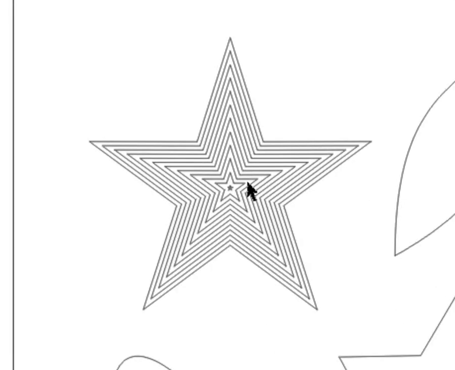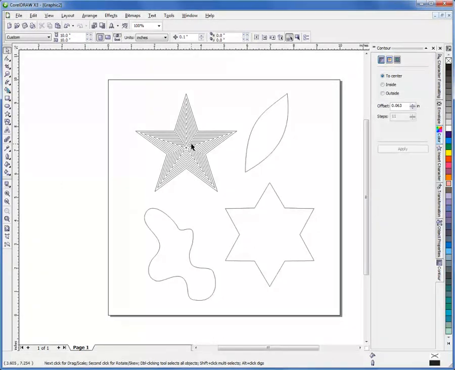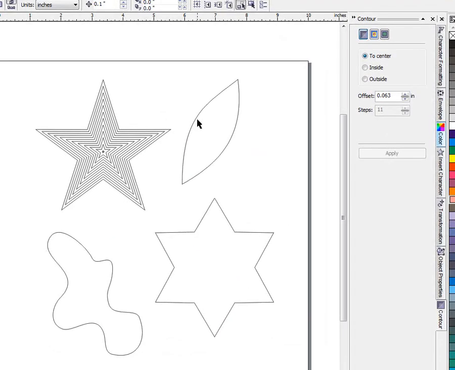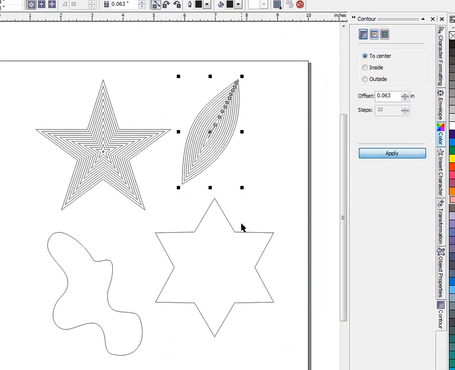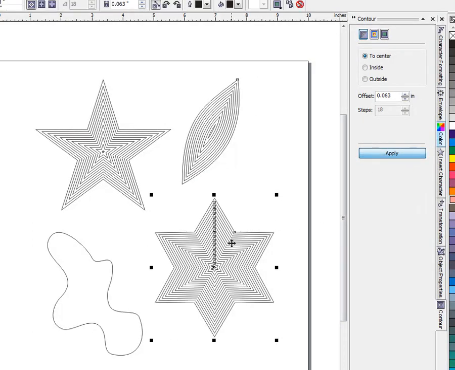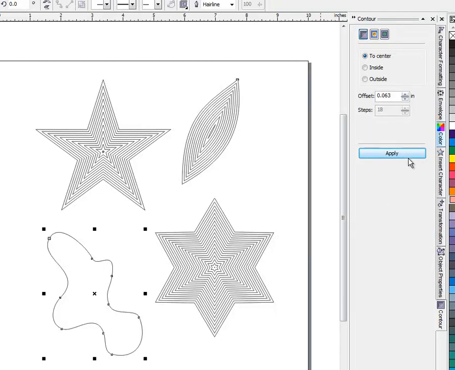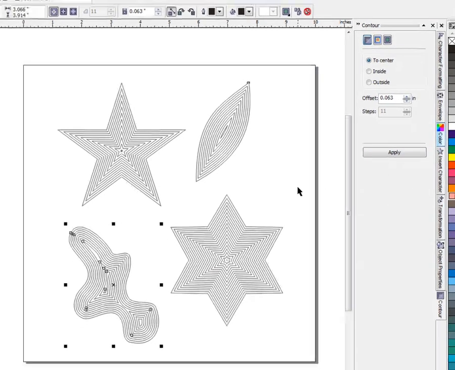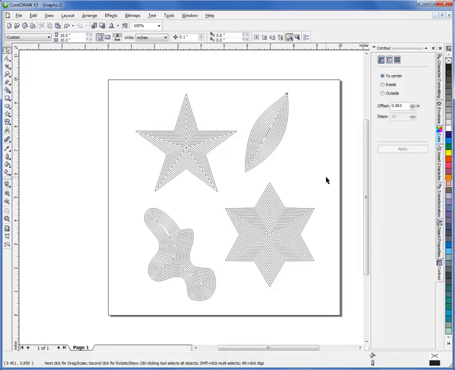As you can see, CorelDRAW has automatically and instantly created all the inset vectors that we need for assigning the 1/8 inch straight cutting bit for our pocket cut. Let me repeat this for all the remaining shapes. As you can see, this is a very quick and easy method to create all the vectors you need for